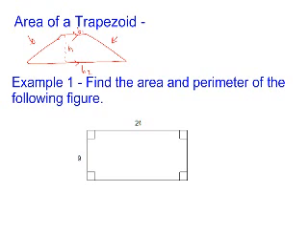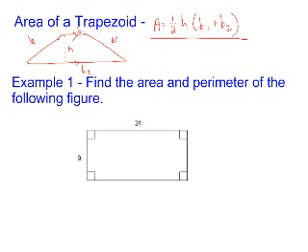But in the area of the trapezoid, and I'm just going to give you this formula, it's always going to be 1/2 times the height, and then you multiply that times base 1 plus base 2. This is a little bit more complicated formula, and you should just go ahead and memorize it. It's 1/2 times the distance between the two parallel sides times the sum of those two parallel sides. And you'll be using this on some problems in your assignment. Okay. So